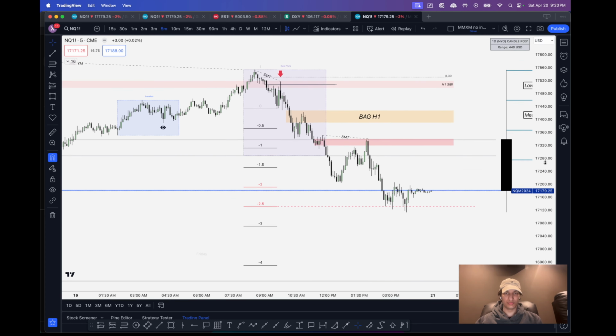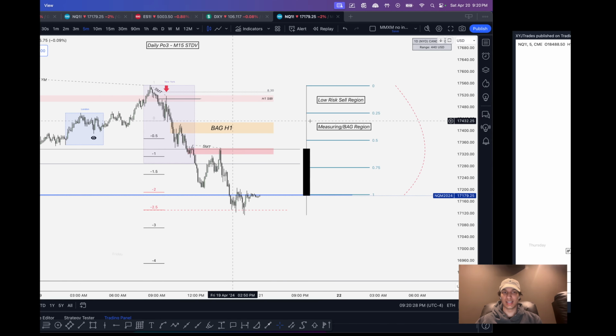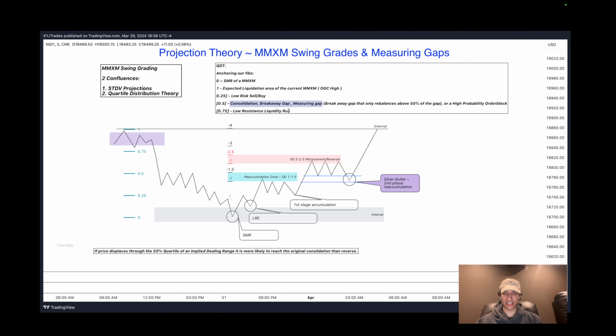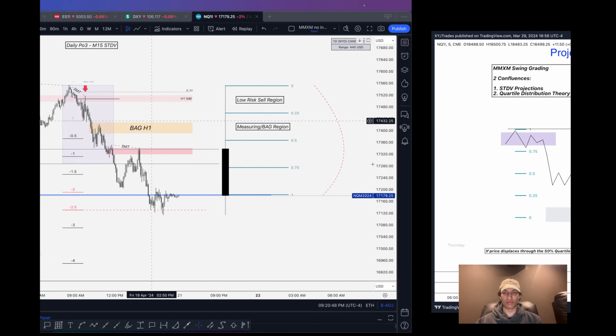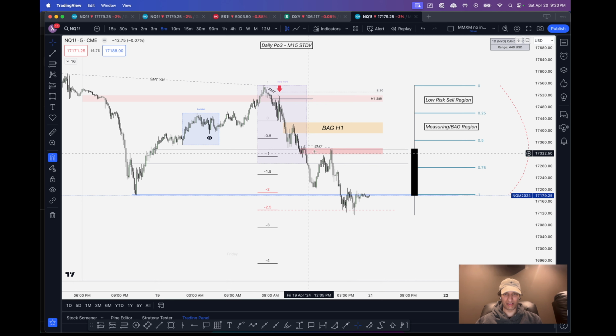Okay, so now I have this projection and I have this measuring breakaway gap inside of this 0.5 to 0.75. I come into the PM session with the expectation that in between this 0.5 to 0.75 and with this 2 to 2.5 deviations from my measuring gap, I will be able to find a second phase reaccumulation, i.e. the silver bullet, and I will be able to trade that as the low resistance liquidity run down to my sell side liquidity target. So in this area here is exactly where I expect to see my